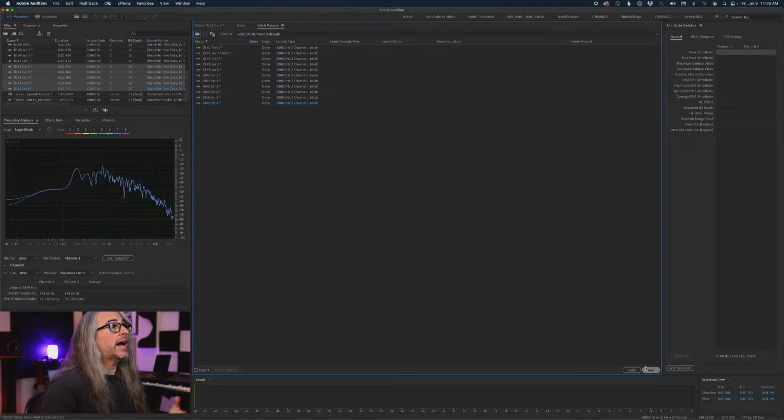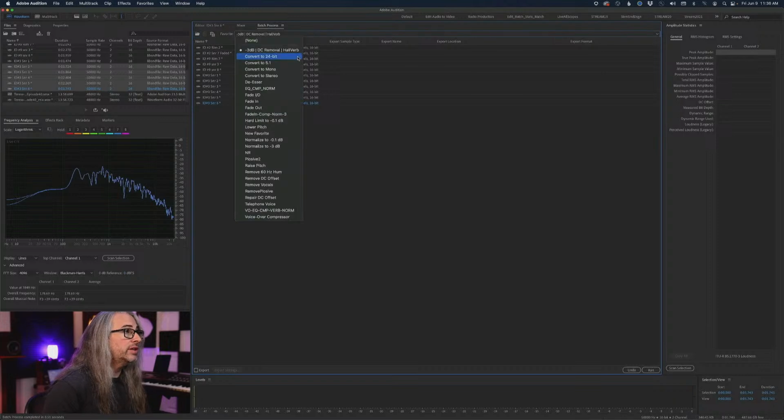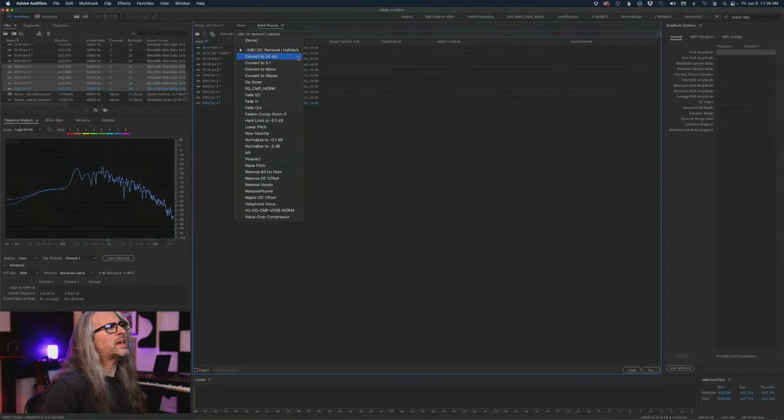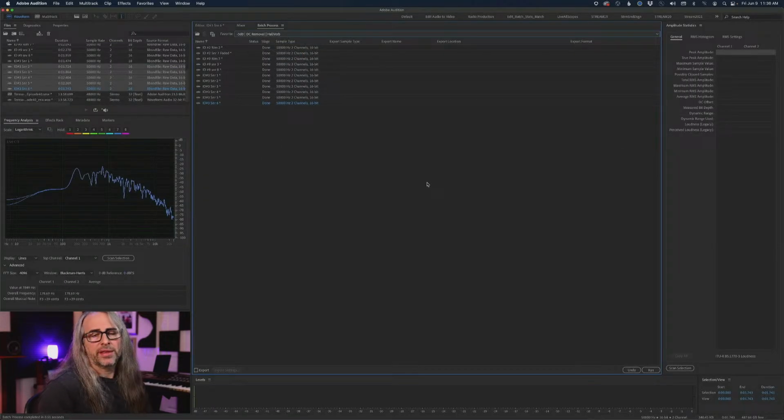Now, technically, I could have converted to something else in that process as well. In fact, if you look here, you'll even see I have a convert to 24-bit. This is something I'll often do with 16-bit media if it needs to be treated or remixed or re-equalized, or basically any kind of effects process in general. Now, I probably wouldn't have done this with reverb as such, that being a sort of destructive type of effect.